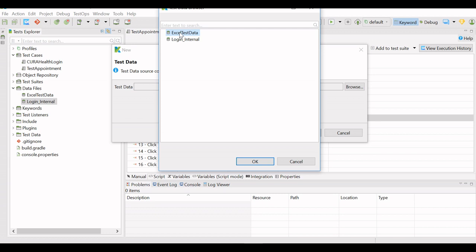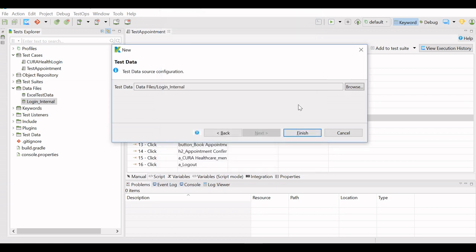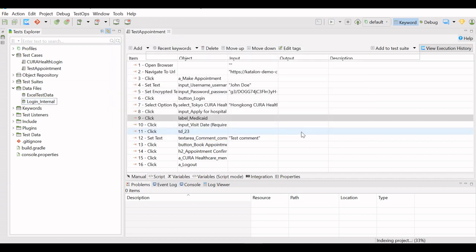How to create internal and external test data files, I have explained in my earlier videos of data driven testing, so you can refer to that. For now, I will take the internal data file and click on finish.